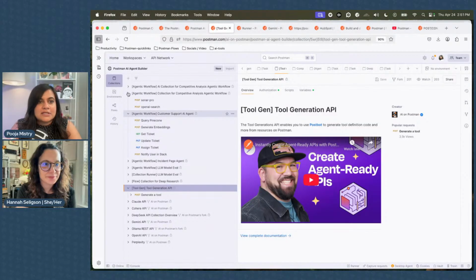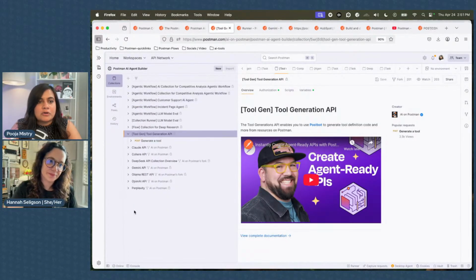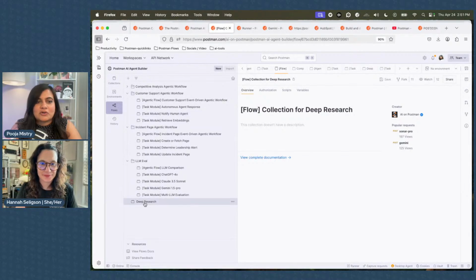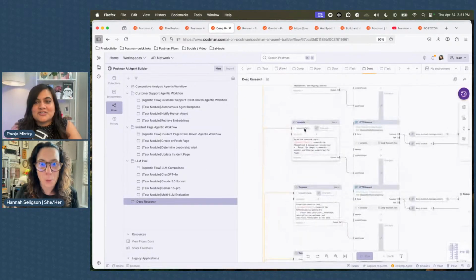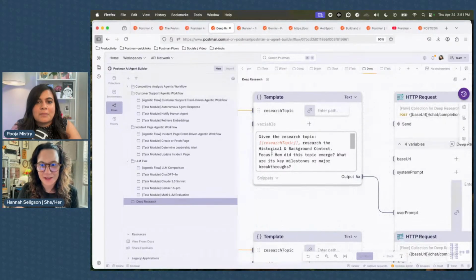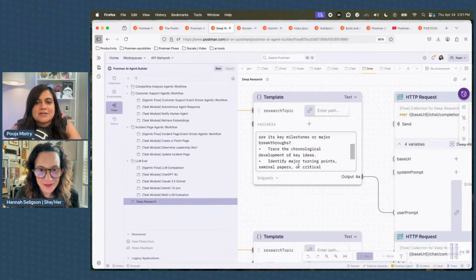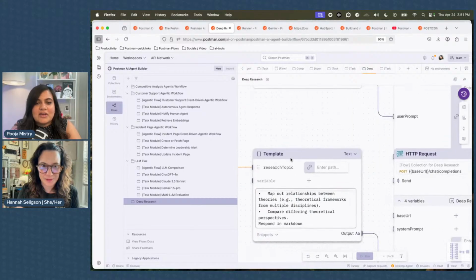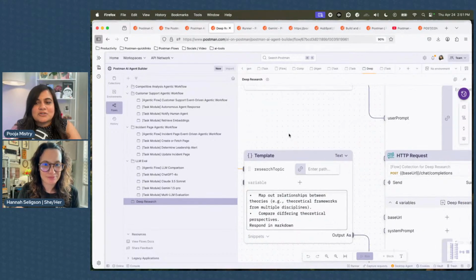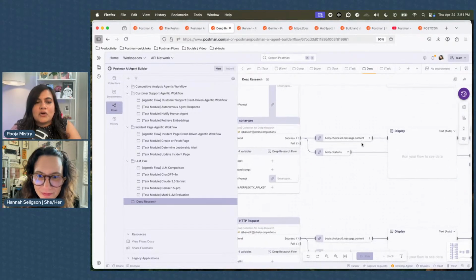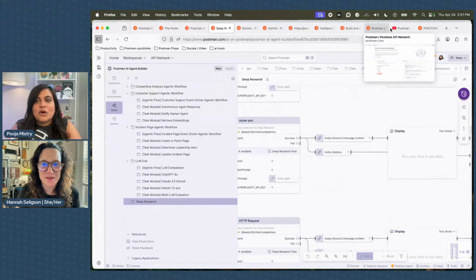Of course, there are things here that we've built for you to check out, for example our deep research flow. This is a flow that my colleague Sterling built that does really deep research. And it's kind of cool because it uses so many different templates, given this research topic: historical background, how did this topic emerge, summarize these key research questions. So he's really built an entire deep research tool using flows, and that gives you some interesting output as well. I think he has a video on it. So that's awesome. That's huge.